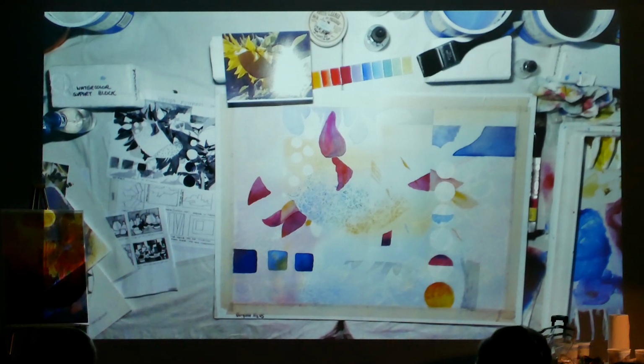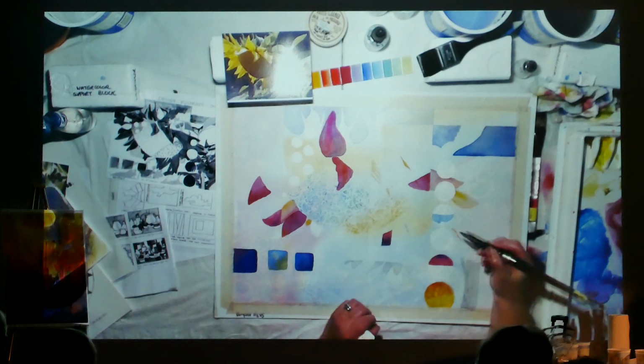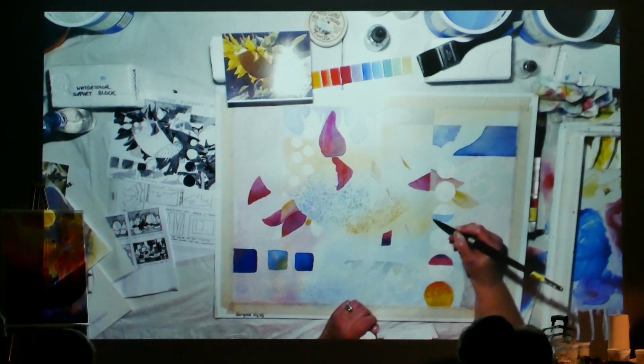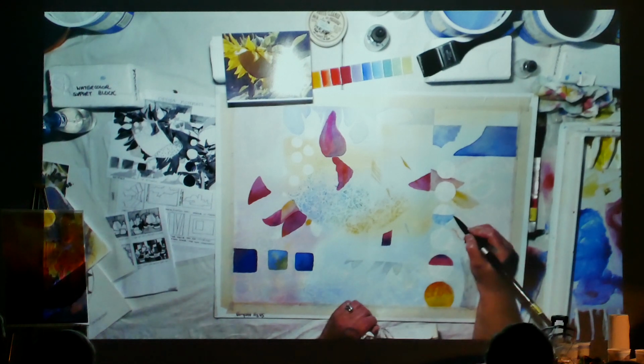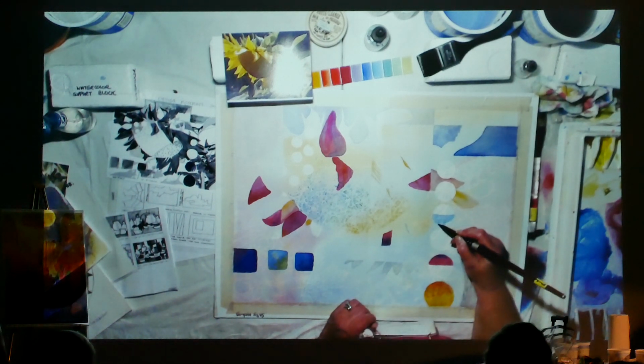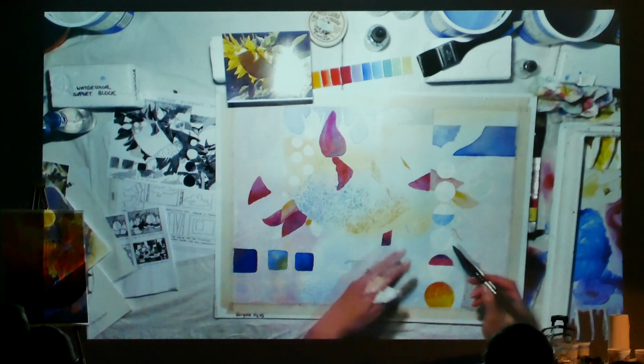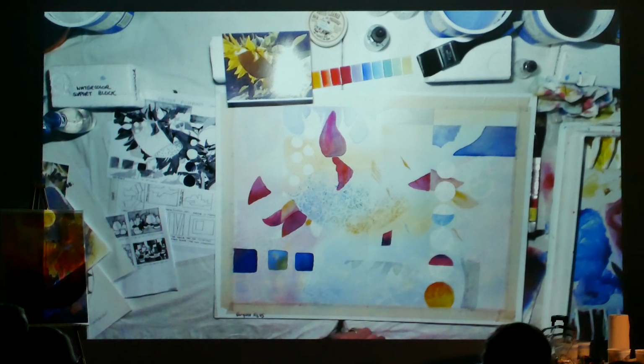Although there are a couple of things here that have no, then it's called non-objective. There's nothing that you can recognize. And so, again, yes, it's my mood. It depends on what I'm feeling as to, well, that one's kind of like a nice little smile in the middle